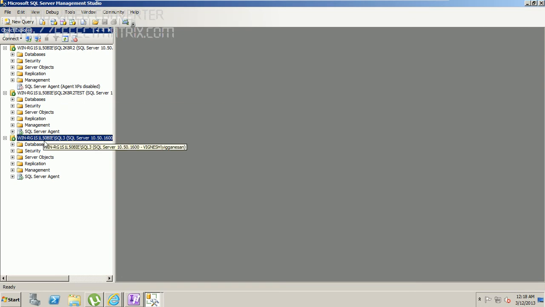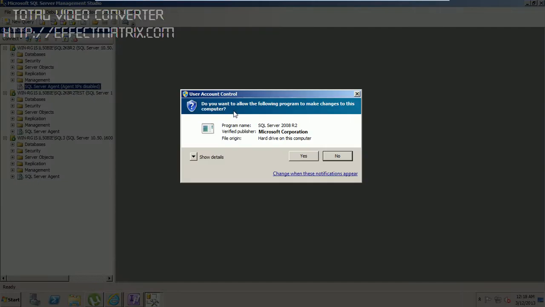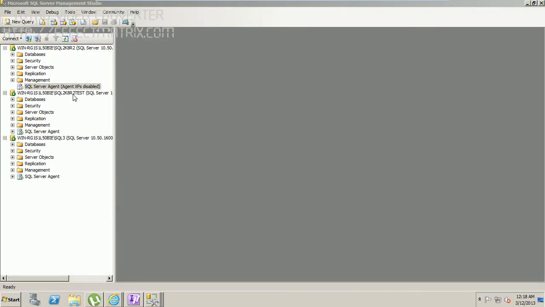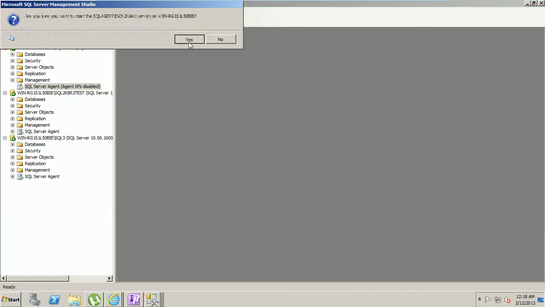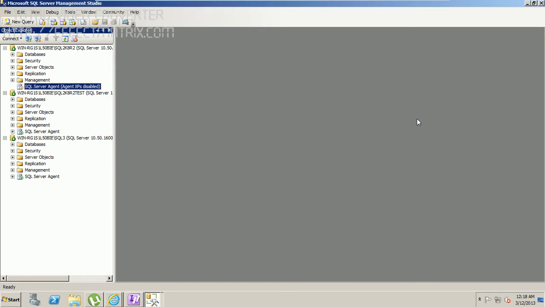So I have to make sure that all the SQL Server Agent services are running. Let me go ahead and start this one, because without SQL Server Agent running, the jobs in all the databases won't be up and running. I guess there is something wrong with this. Let me just have a look at this.